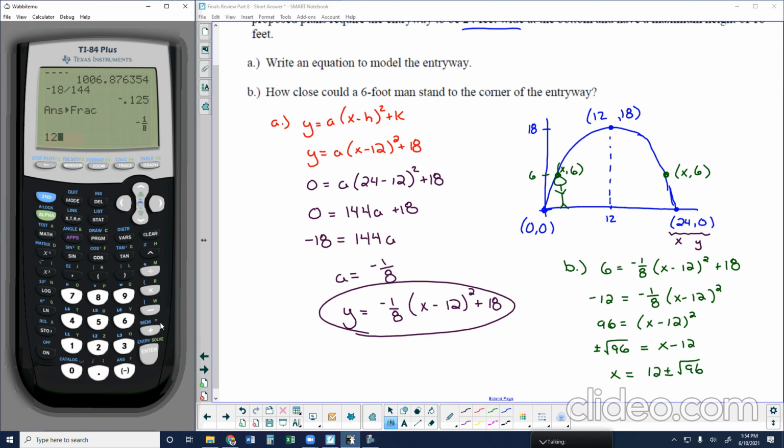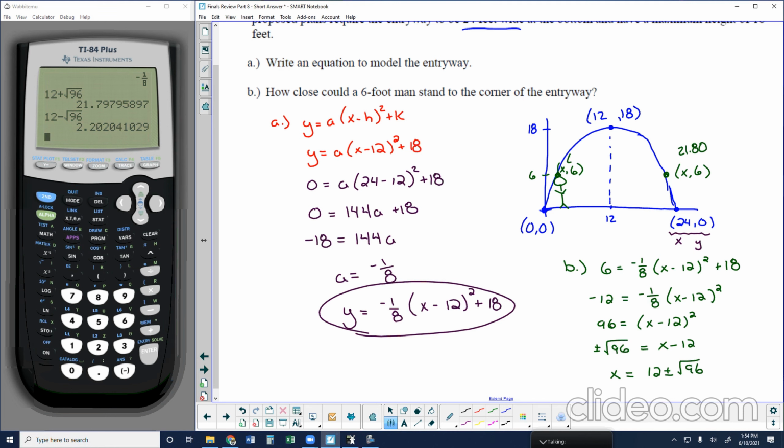So I could do both of these in the calculator, and I'm going to round to 2 decimals here, even though it didn't tell us to. On your test, you'll be allowed to. So if I do 12 plus the square root of 96, this approximately 21.80 would be our x value over here. And if I do 12 minus the square root of 96, that gives me the x value to the left,